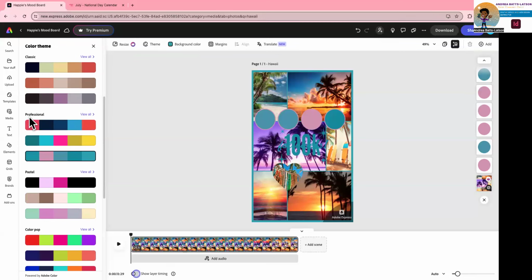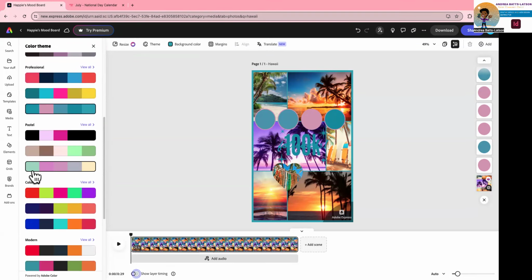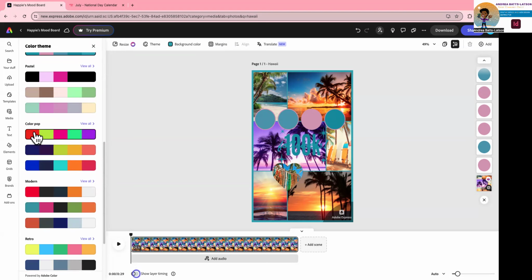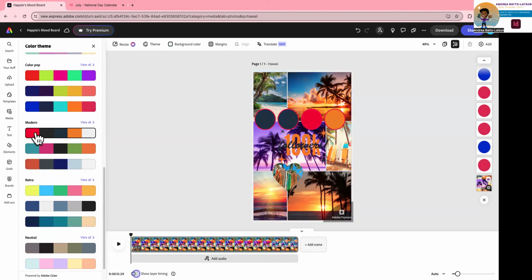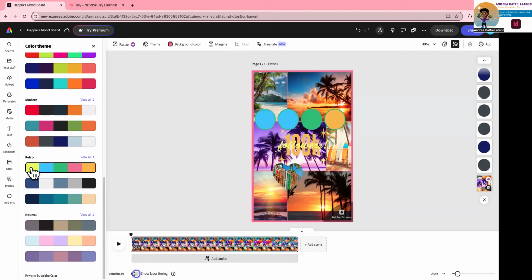So notice they have names. So this is professional, this is pastel, this is color pop. So if I wanted like a color pop type of theme, I could cycle through the different color pop themes. But that's how you can pick a theme if you don't feel like you're really good with colors and choosing colors,